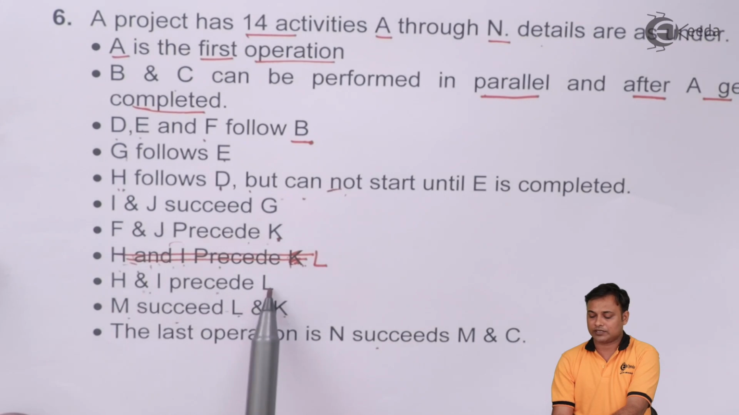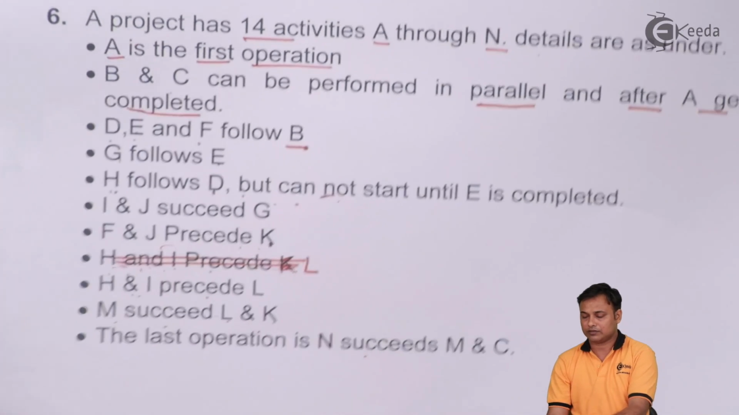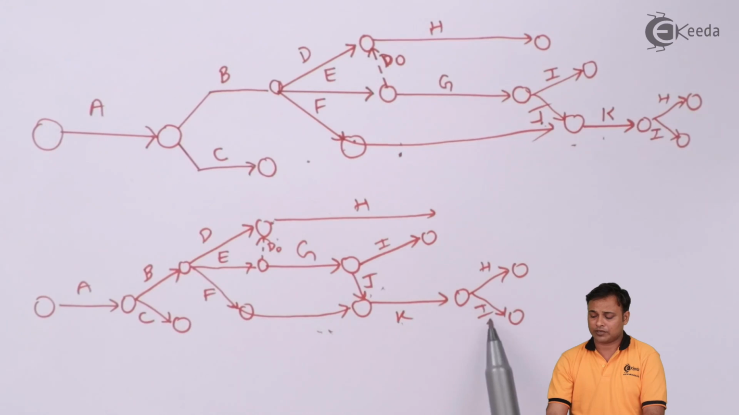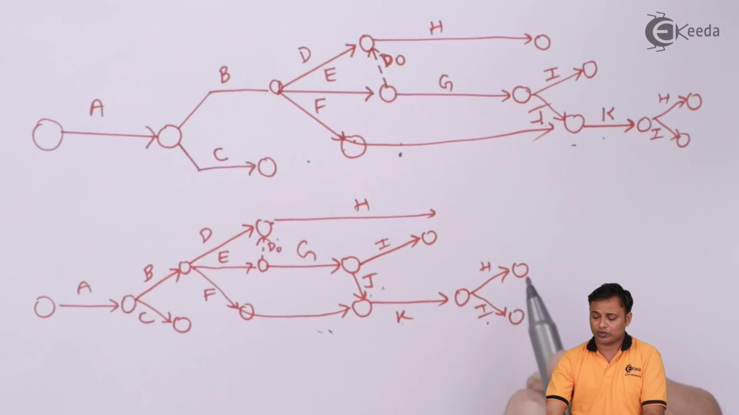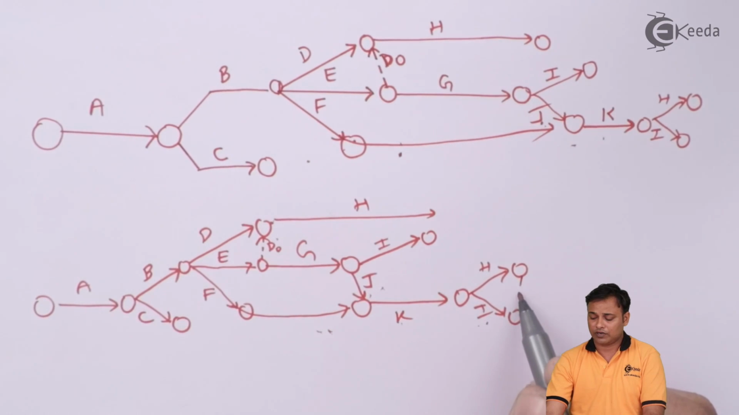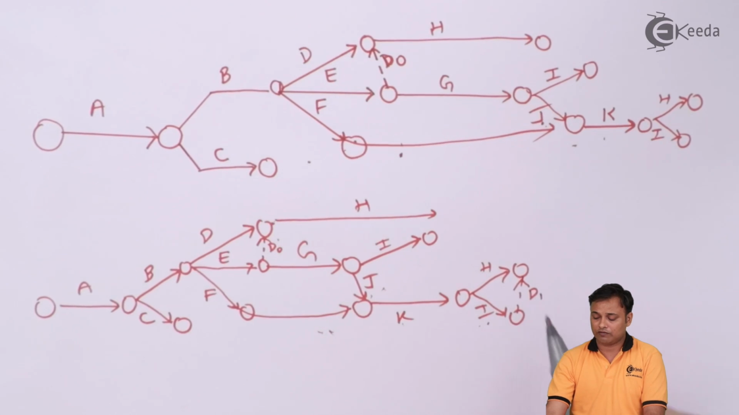H and I precedes L. There's a typing error here. So H and I precedes L. So I need to join H and I again. We need a dummy here. We take a dummy number 2, D1, and from there it will be